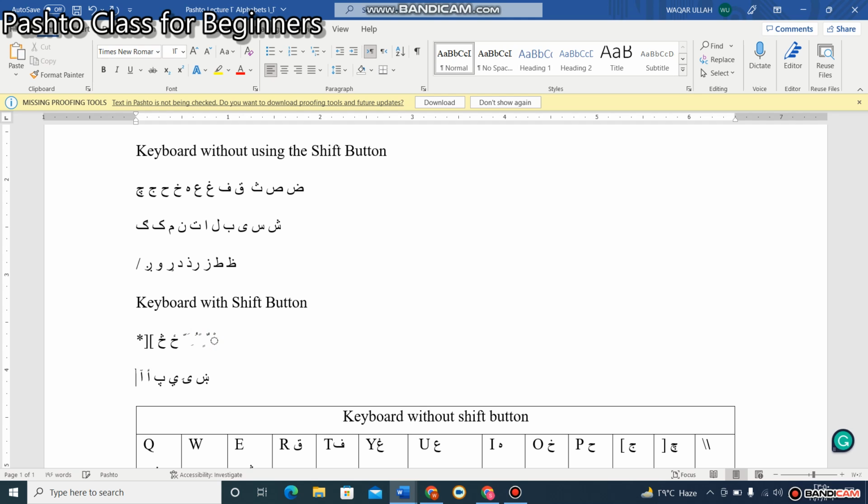Shift with H, Alif mat A. Shift with J, T. Shift with K, Noon. Shift with L, Ta, T. Shift with Lam, T. Shift with semicolon. Sorry. Shift with